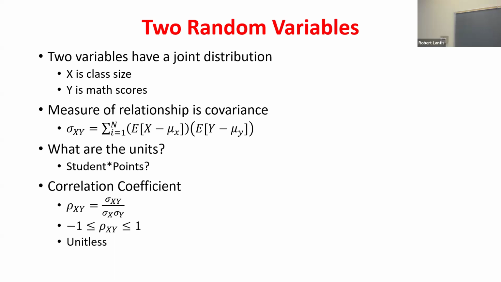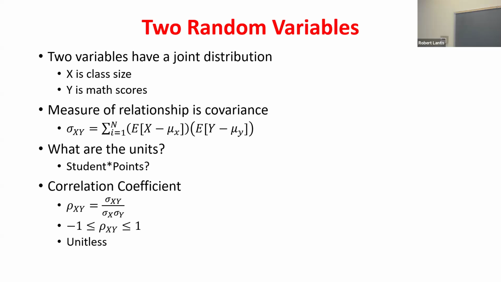And so at my units, I can't compare covariances because they're going to be different for every relationship. I think about the covariance like the different ranges it could be in. Every single time I go through an observation, let's say they have below the average class size and below the average math score, a negative times a negative gives me a positive. That observation would be evidence that when class size is low, so are math scores, right? So it tends to be on the same side of the mean.